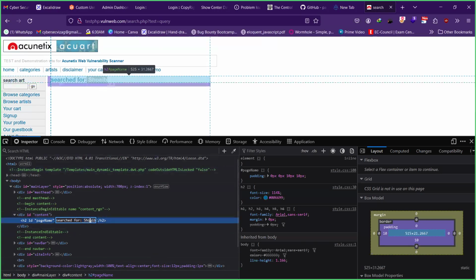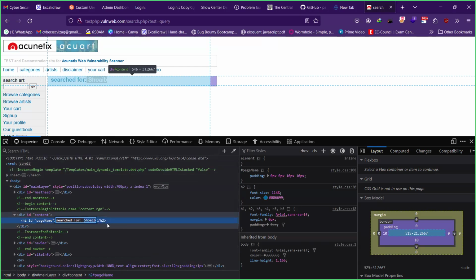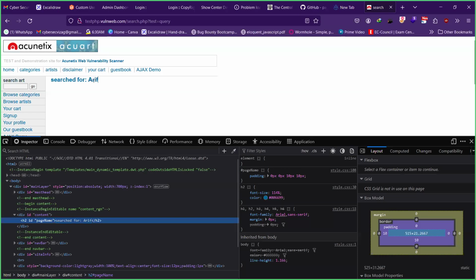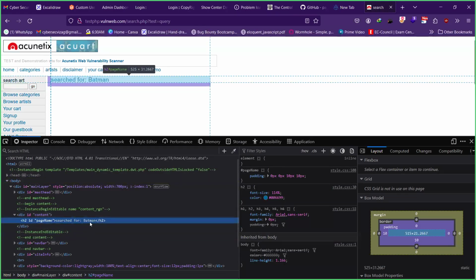If I modify this word in the code of the web page, let's say I type RF here and hit enter, you can see in the browser that the web page also shows RF. Whatever I write in the search bar, if I type Batman, that word gets added in the web page. That is a very common feature in websites. When you add data, it gets added as text data in the web page as well. Now, what hackers can do is they can